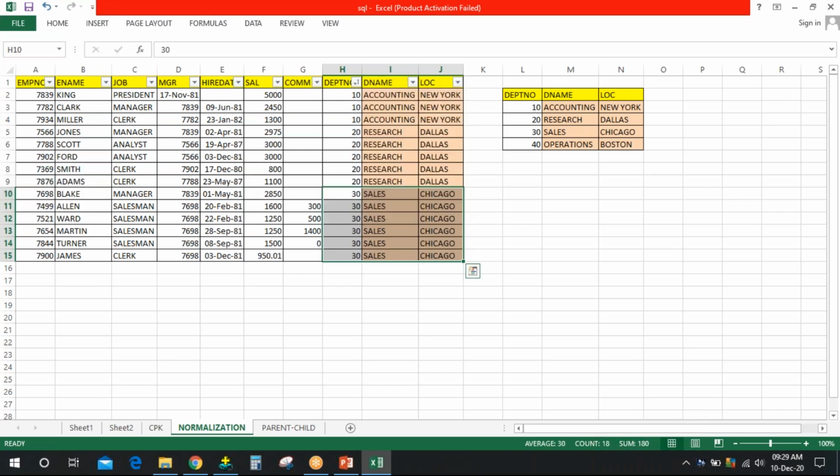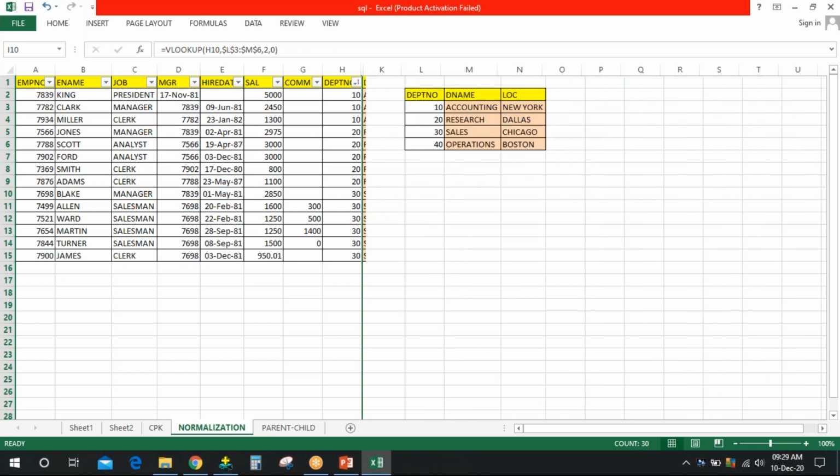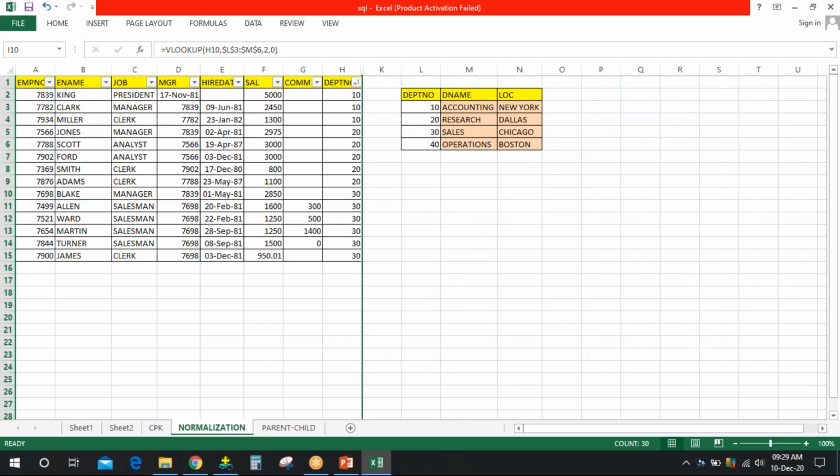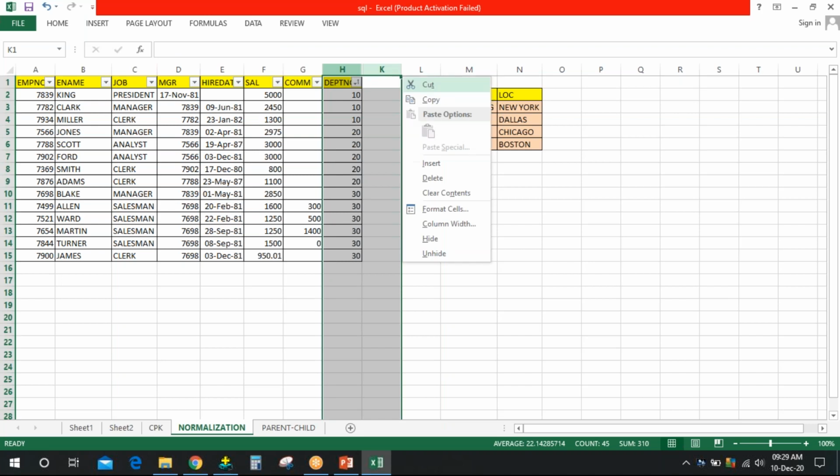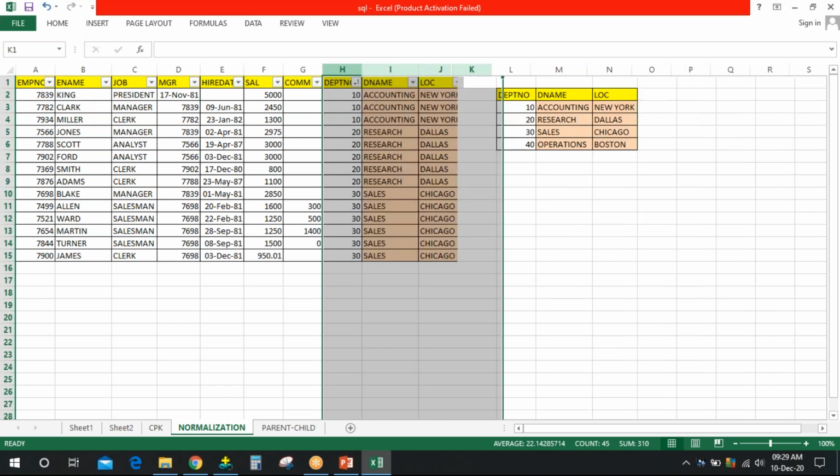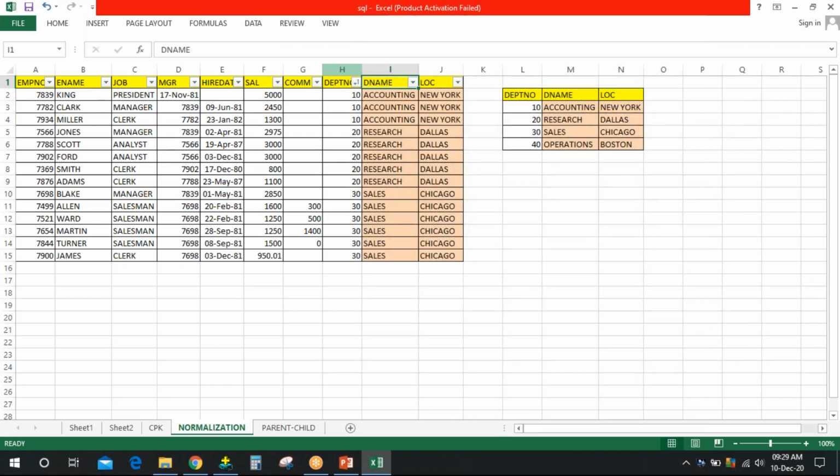And if I remove these, I am reducing the duplicate values. This particular concept is called normalization. What is denormalization? Denormalization is where all the duplicate values are within the table. This is denormalization.